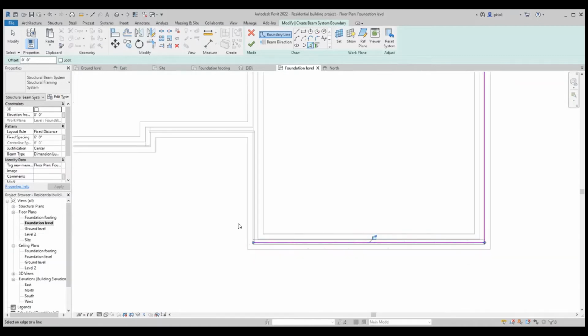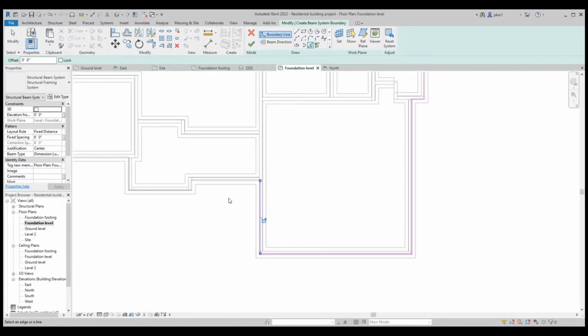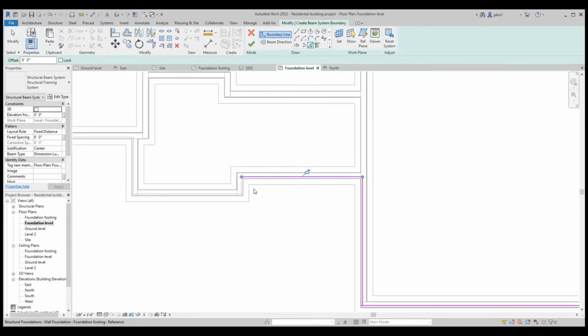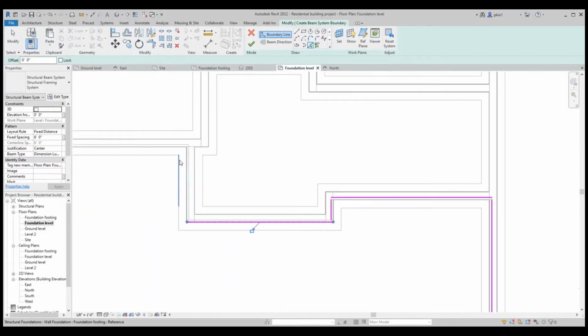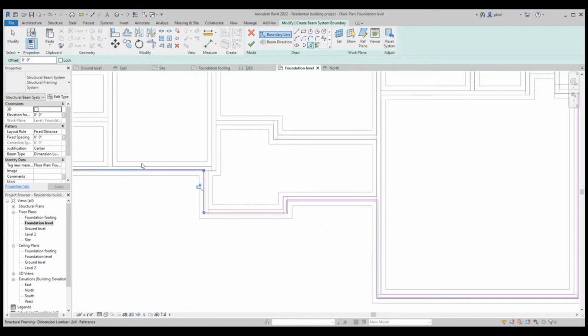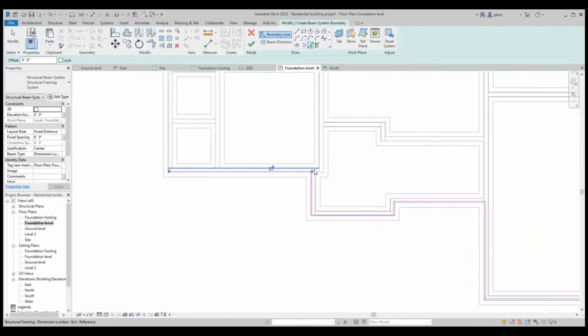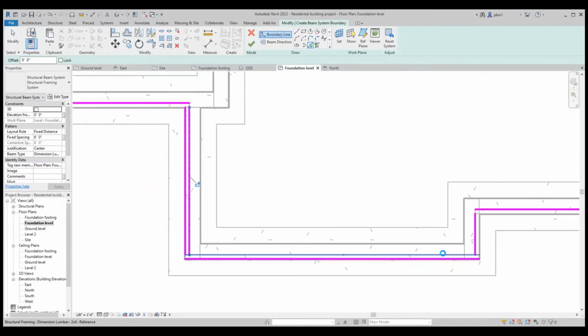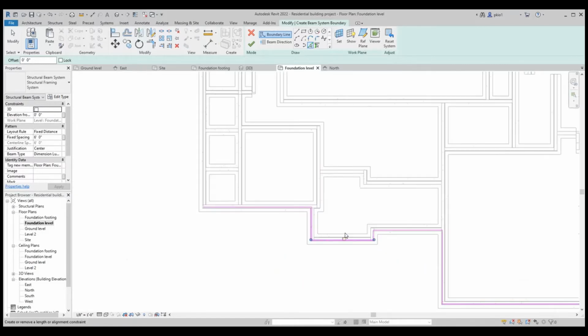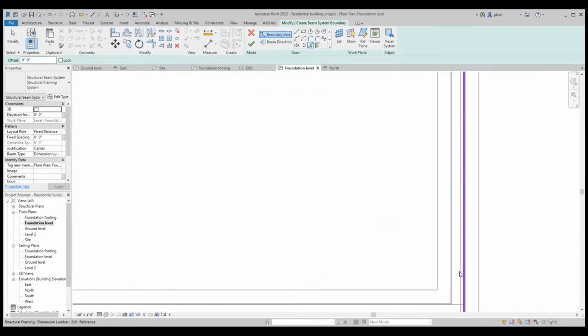The idea is to get inside the joist because we do not want the beam to extend beyond these perimeter joists. Let's select the right one and delete the wrong one.